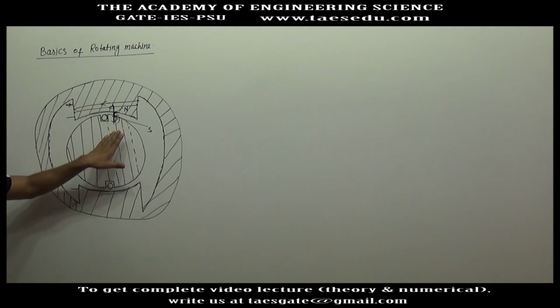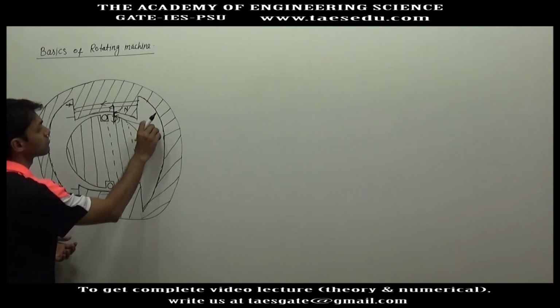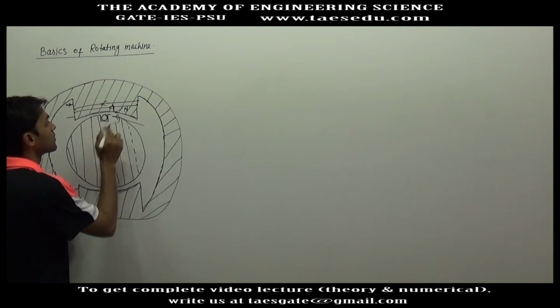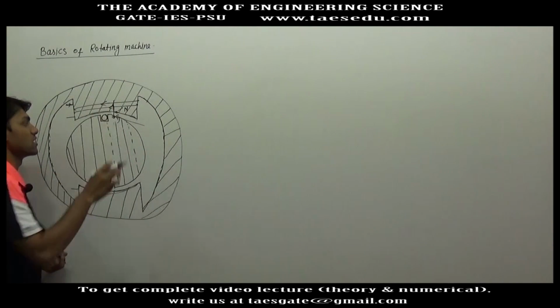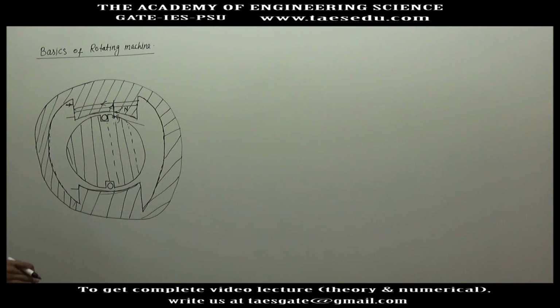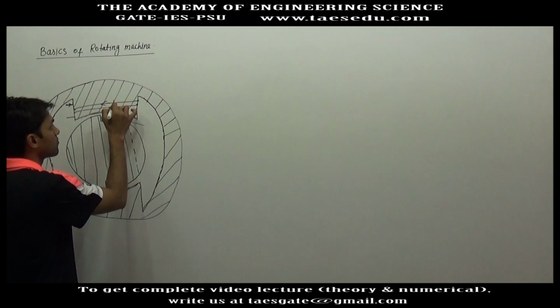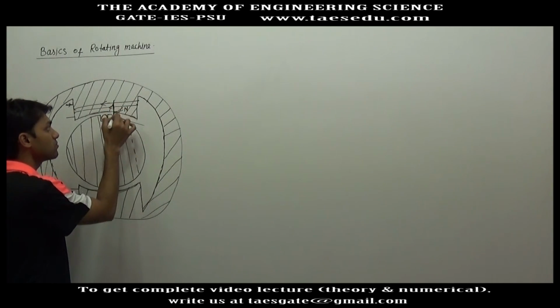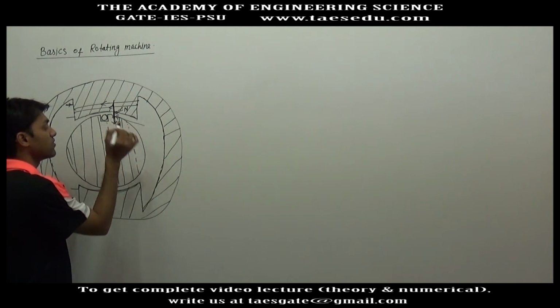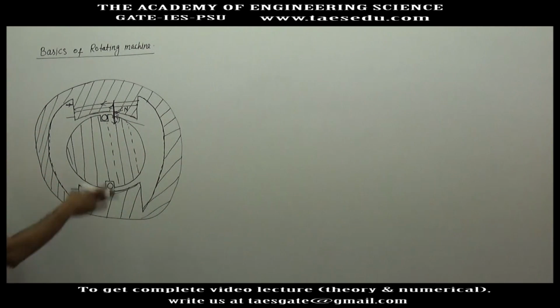This is what I tried to explain earlier. This magnetic field belongs to the stator. So on the basis of the direction of this magnetic field, the north pole and south pole of only the stator can be decided. If the direction of the magnetic field is downward, here we will have the north pole of the stator, and on the basis of this magnetic field, the south pole or north pole of the rotor cannot be decided.